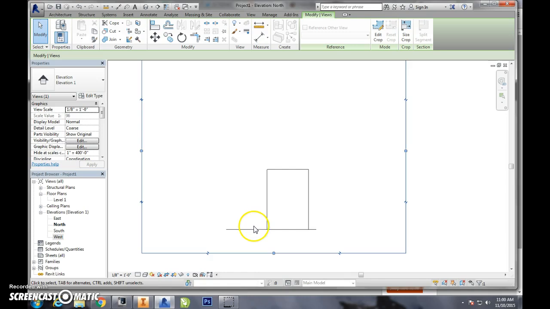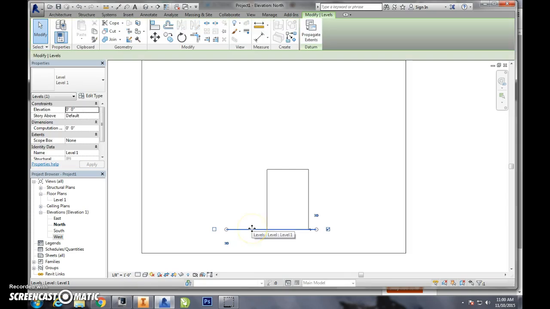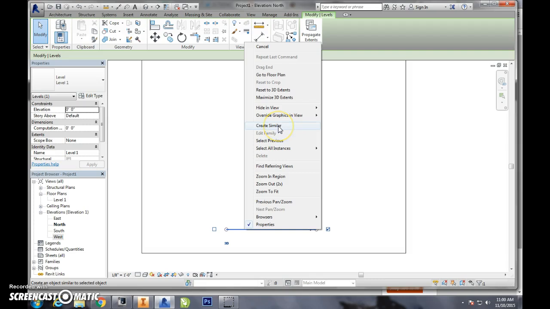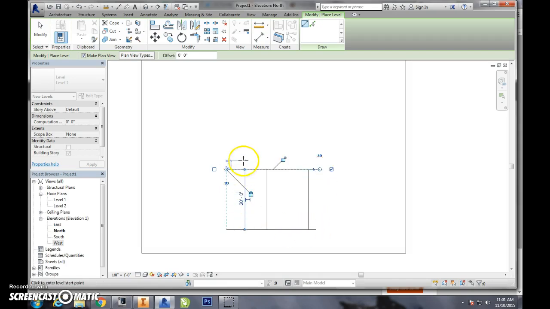And a neat feature in Revit is that we can click on anything and create that same item. So this level I would like to create the same item, but up here. So I'm going to right click on this and go to create similar. Now I have a set of crosshairs ready to add in a new elevation. So I could create this at any height I wanted. This elevation in this example is at 20 feet. So I'm going to start from the left and go to the right,